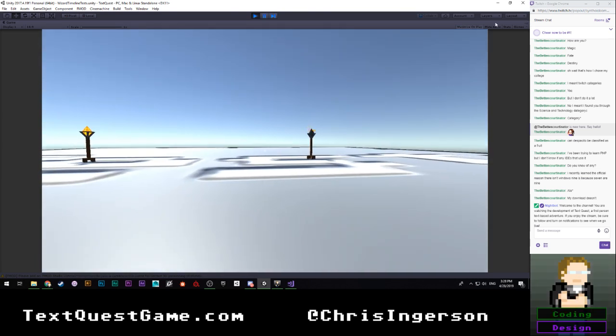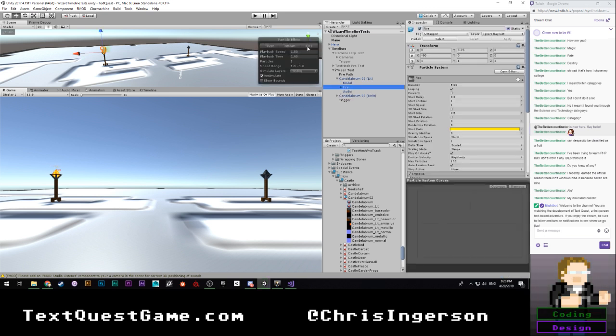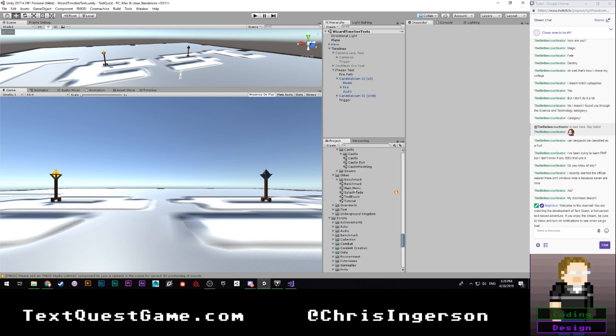Probably it needs to be a little bit more dense because it was not very interesting, but that is something at the very least, which is cool. Let's go ahead and stop this real quick. Let's work on some particle effect adjustments then. So we're going to go ahead and